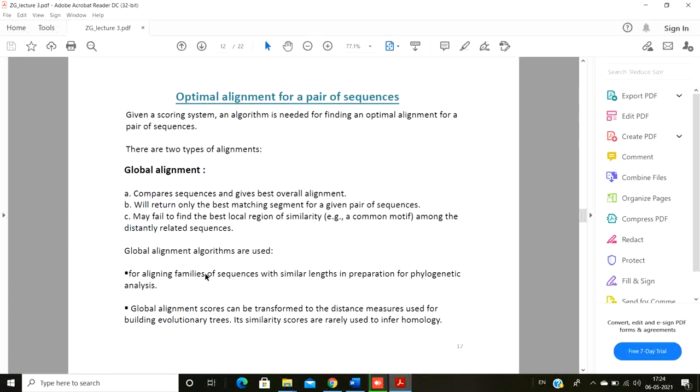In such cases, we do not want to enforce that the other non-homologous parts of the sequence also align, right? So local alignment is generally useful when searching for a small gene in a large chromosome, or for detecting when a long sequence may have been rearranged, right? Whereas this is the local alignment, okay?